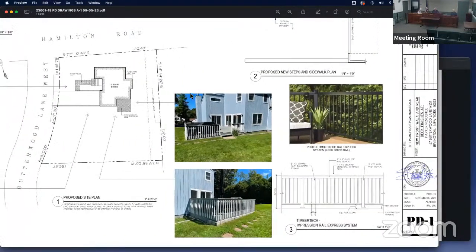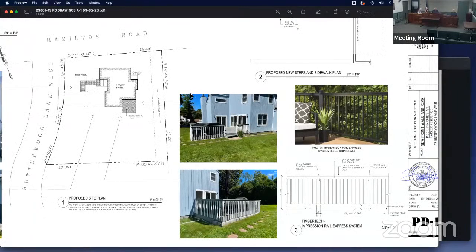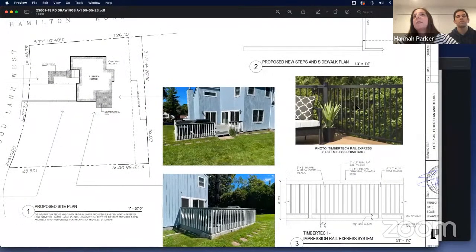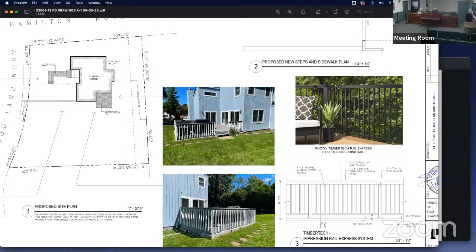And so that sketch there is what the new railing is going to look like? Correct. This sketch shows it, and this is an example of the aluminum, and the only difference will be that the top will be finished in the same non-wood material as the deck itself. Correct, sorry.